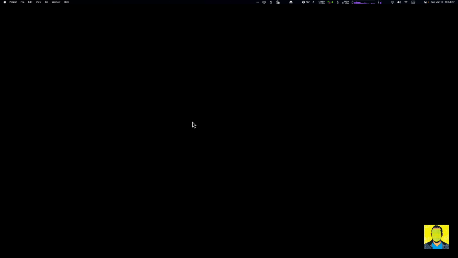Let's go over how to take screenshots and capture videos on macOS. There are two shortcuts that you need to know. The first one is Command-Shift-4. You'll notice that whenever I do that, the numbers change as I move the cursor.